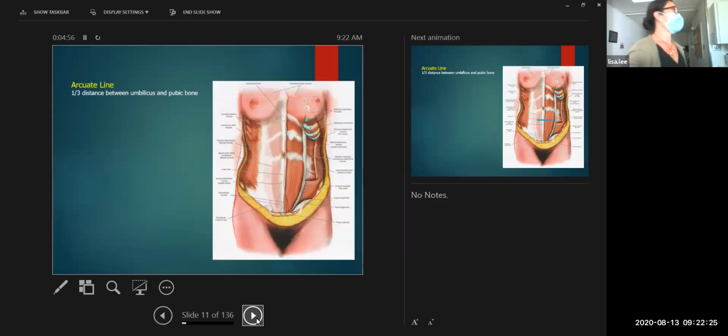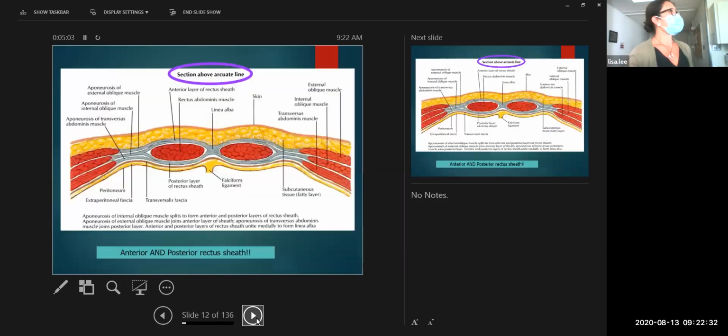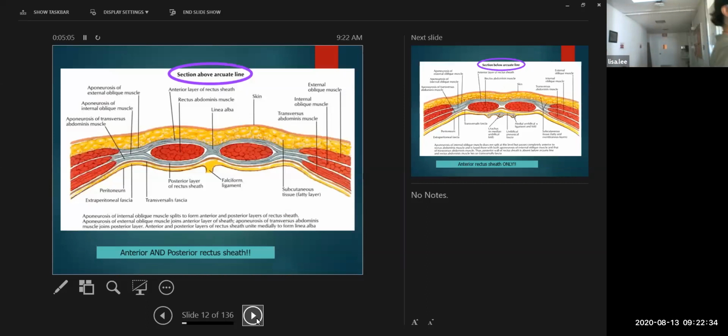Arcuate line, let's all remember that. It's about 1/3 of the distance between the umbilicus and the pubic bone, and why is that important? There it is. It's because you have different coverings of the rectus muscle above and below the arcuate line. Okay, so above the arcuate line,